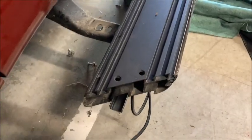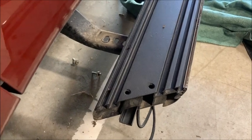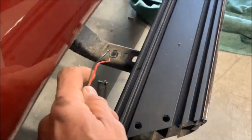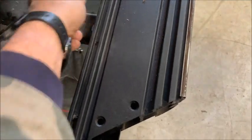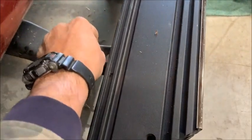Alright, now I have the LED light bar in, and what I'm going to do, and this is the whole reason you had to unbolt the board, is I'm going to take these wires and put them through the hole they want you to put it through, which is in the middle of the bolts. I'm going to run the cable through there,